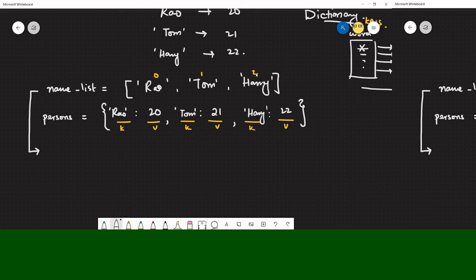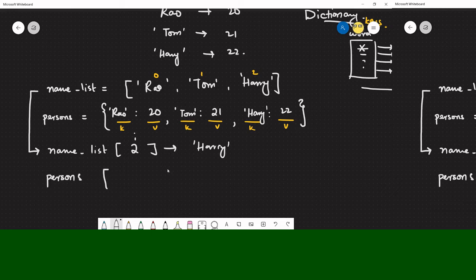So if I needed to get the index 2 value element in my list, I will do name list, and then in box brackets, I pass the index I want, right? The index here goes, and I will do 2, and that will produce the string Harry. Well, now in dictionaries, we don't actually have any indices. So what we do instead, we'll write the same setup here. We'll have the box brackets here, but instead of filling them with the index value, we'll fill them with a key value. So I will pass in Harry,